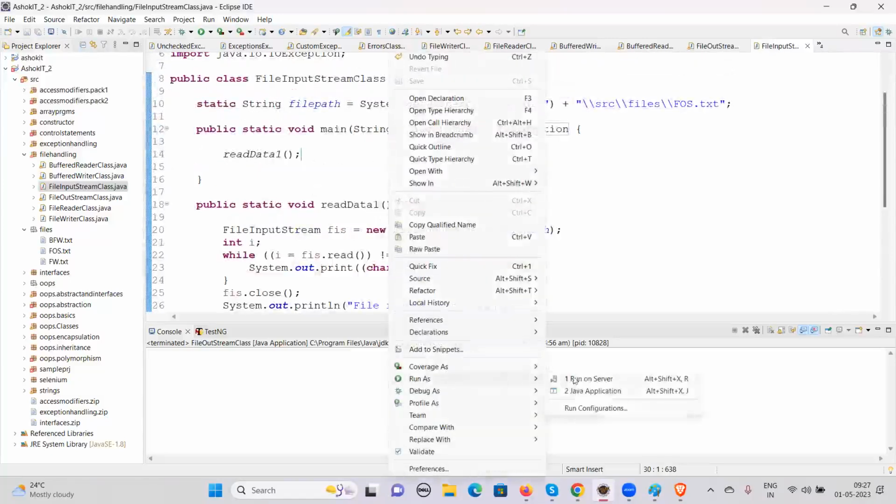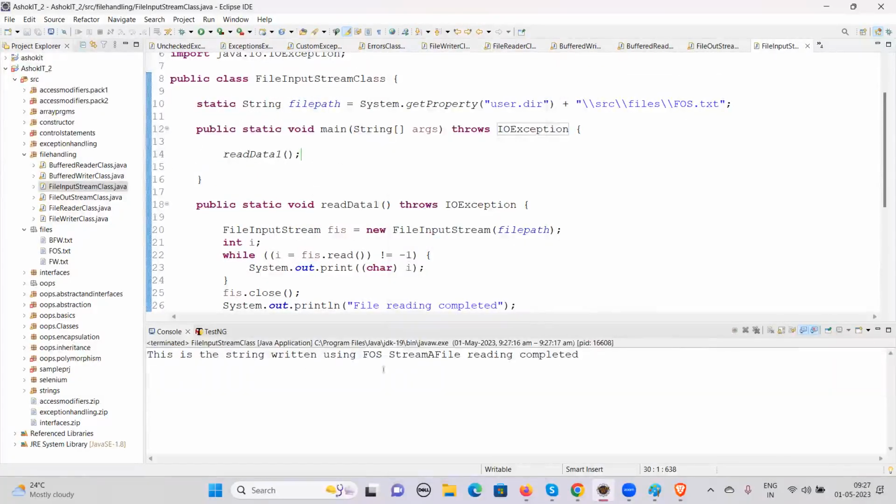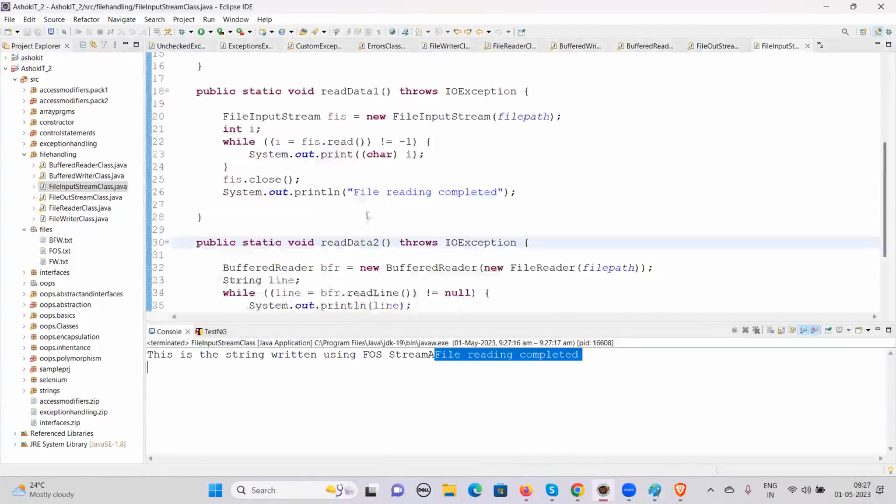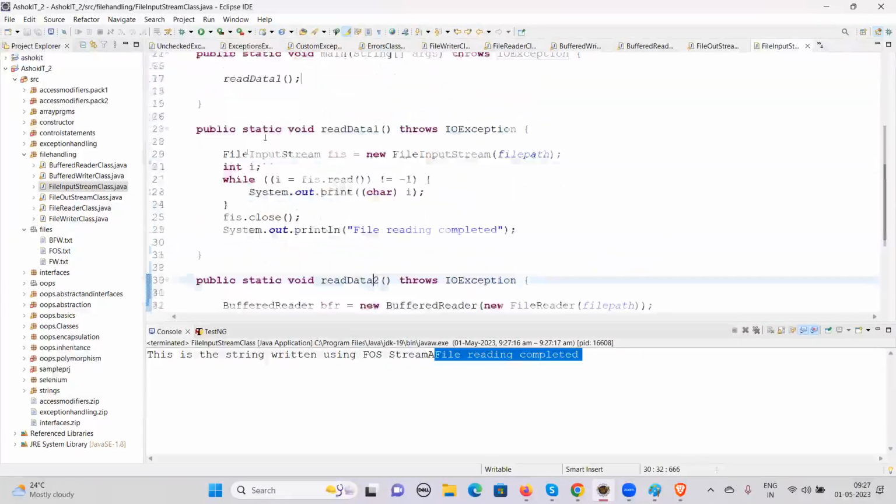Now let's execute this program and see what data we get. This is a string written using the FIS string. File reading completed. So this is one method, and the second method would be where we are going to use